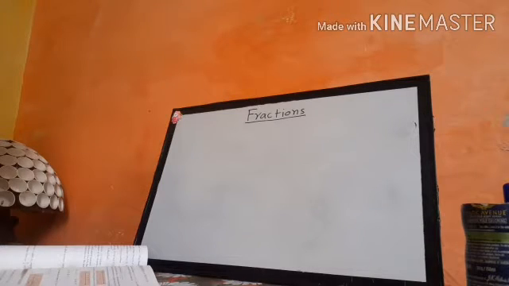Yesterday we learned about fractions and their types. I told you about three types of fractions. Number one, like fractions. Like fractions are those whose denominators are equal. Secondly, I told you about unlike fractions. Unlike fractions are those fractions whose denominators are not equal. And the third one is unit fractions. Unit fractions are those fractions whose numerator is 1.